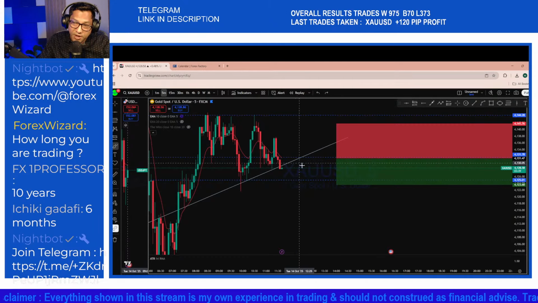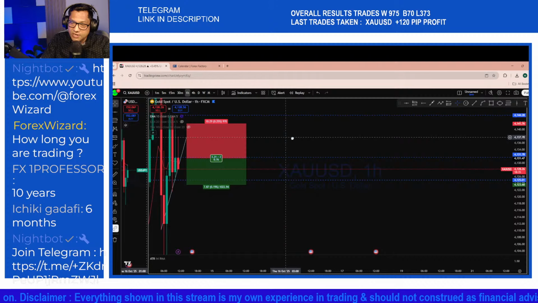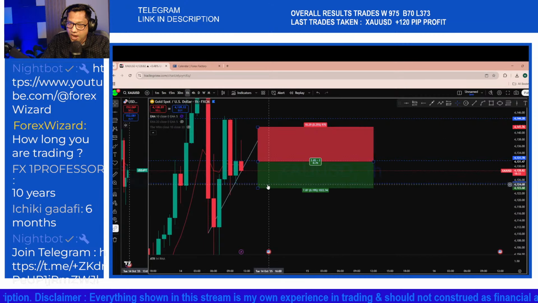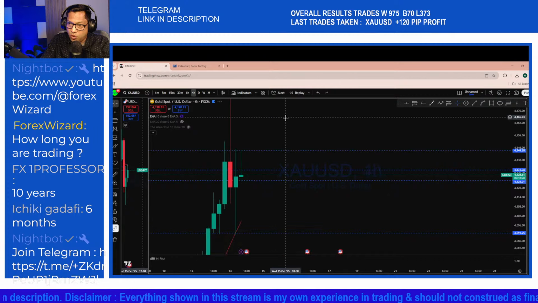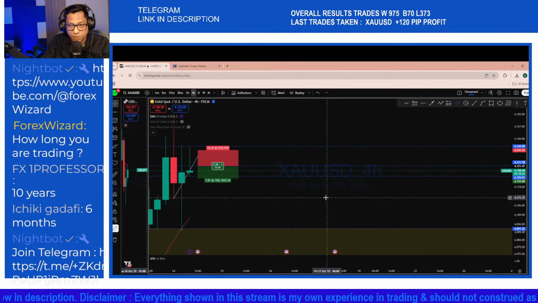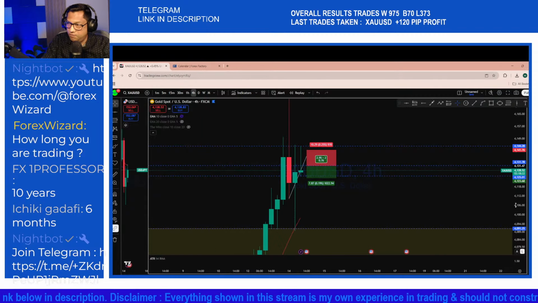Now slowly breaking that support, you can see the market is coming down in that area, approaching that level. And on the 4-hour chart, if you look at the 4-hour time frame, which is a very important support level, expecting the market to test and then return again back in the major direction of the trend.